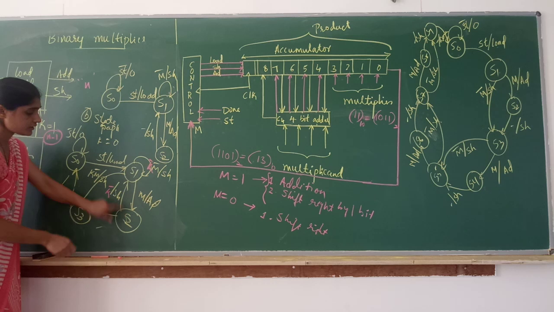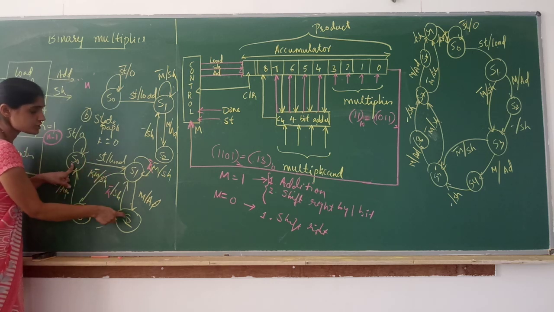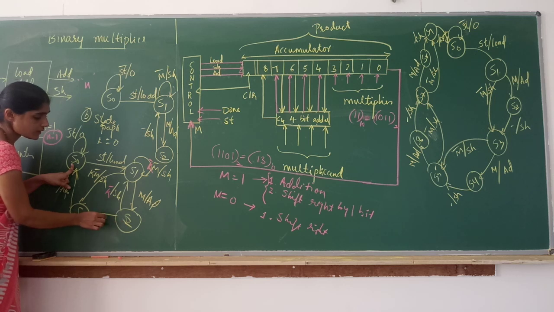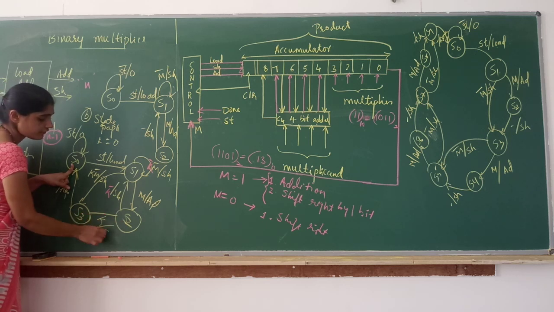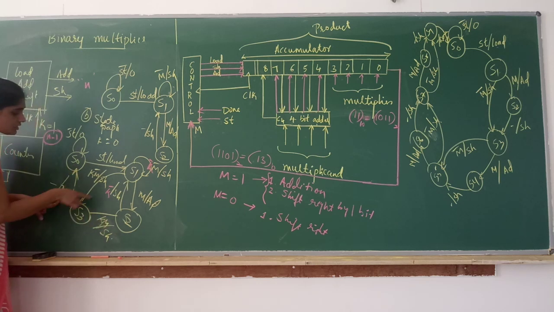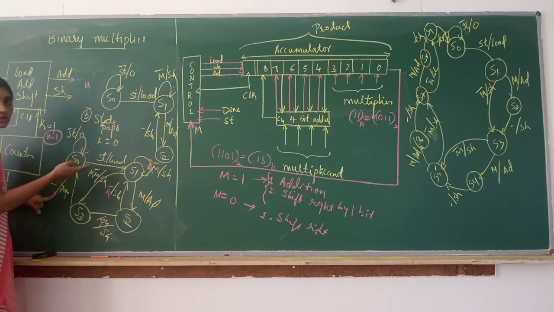So in S0, S1, S2, if k is 0, it continues. If it is in S2 and k is equal to 1, final shift operation, if m is 1. If m is 0, in this state, final shift, and finally the done signal will be given out and it will return back to state S0, which is an indication to stop the process and terminate the multiplication.